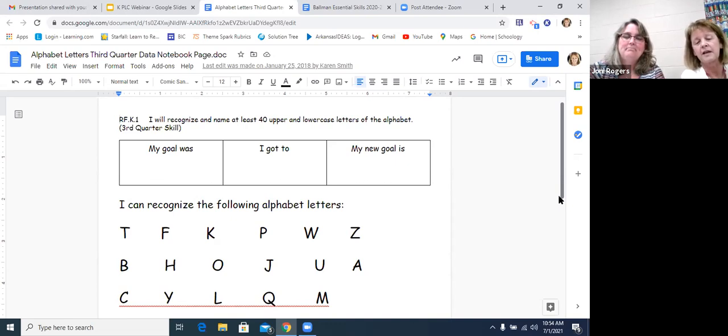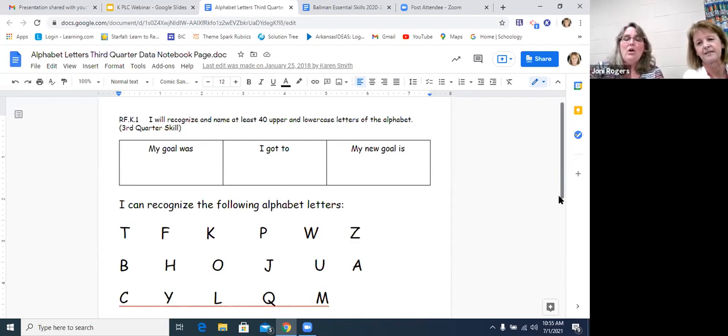Some kids are going to have a higher goal than other kids. And so it's not intimidating to anybody. Right. But the kids do share them. I mean, they want to share their notebook. And in kindergarten, the kids are so supportive of one another, even if there's a student that recognizes all the letters, they're still very helpful and nurturing with that student that's struggling, that only knows 11 letters, and they'll help them during free time or station time to encourage them to get a few more. And they're so excited when they do.